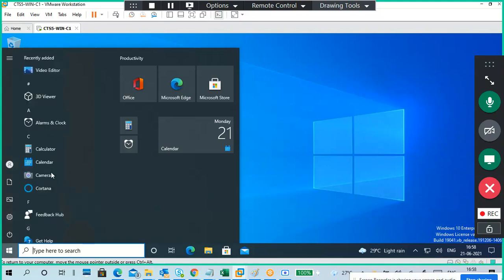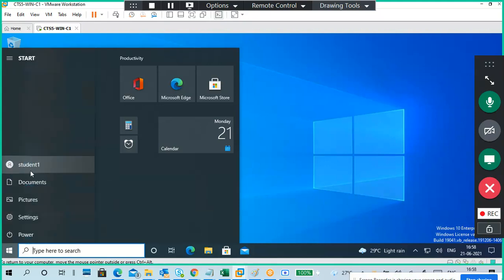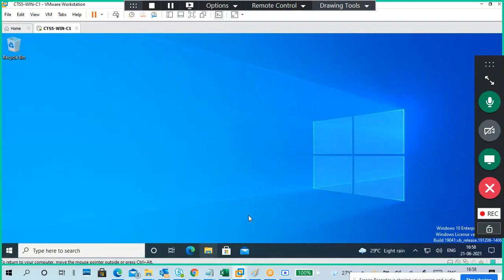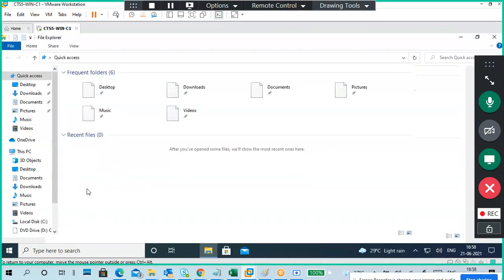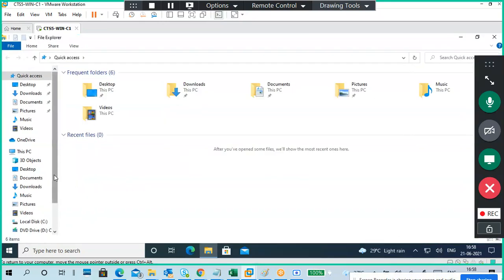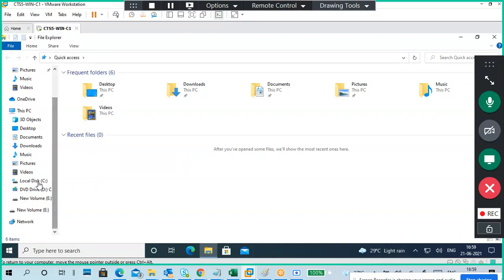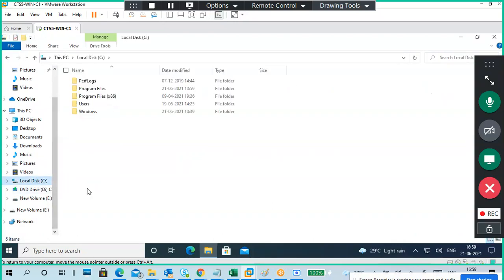Okay, so here if you see I have an account called student1. This is the student1 account. Next, if you go to File Explorer, C drive, Users.